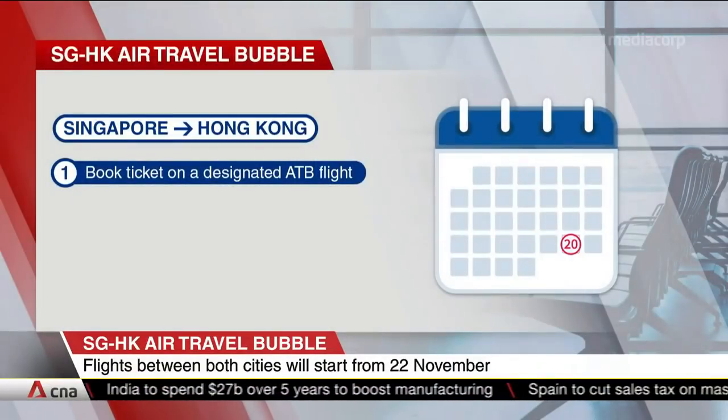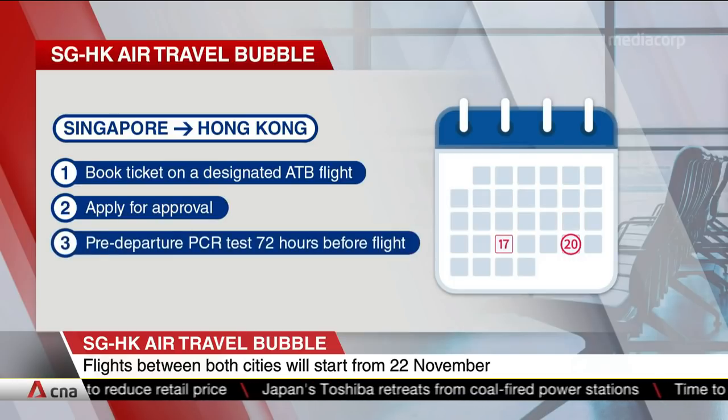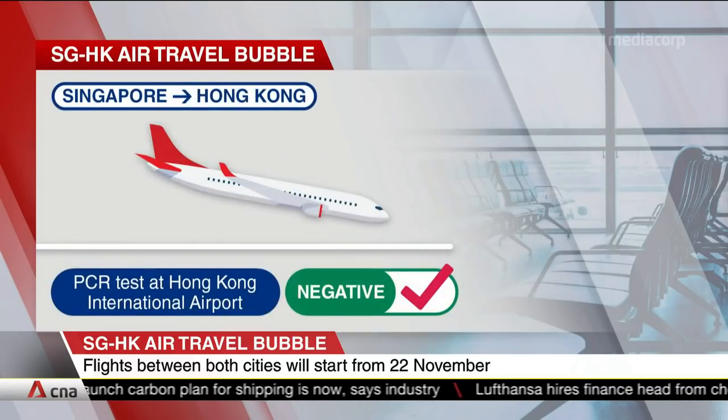So here is how it will work if you're traveling from Singapore to Hong Kong. First, you'll need to book your ticket on a designated flight. 7 days before departure, you'll need to apply for approval with immigration authorities. Then take a pre-departure PCR test 72 hours before your flight. An arrival test in Hong Kong must be booked online. Now, once you touch down, a PCR test at the airport could mean a wait of up to 6 hours